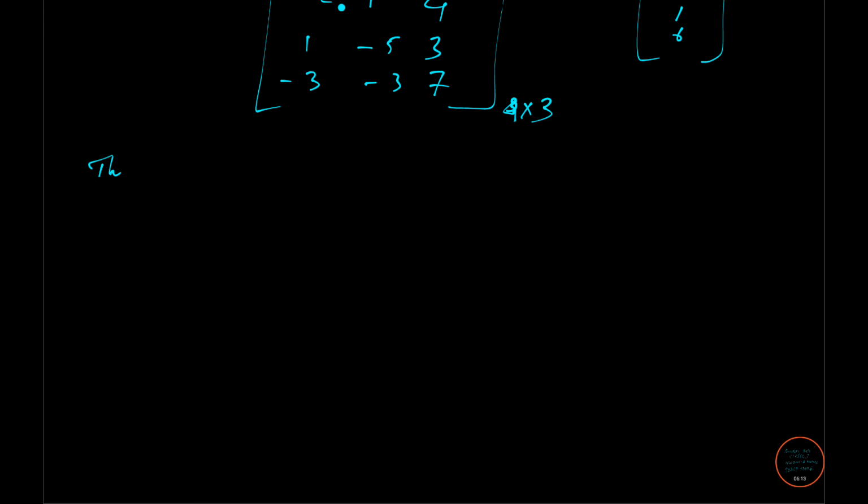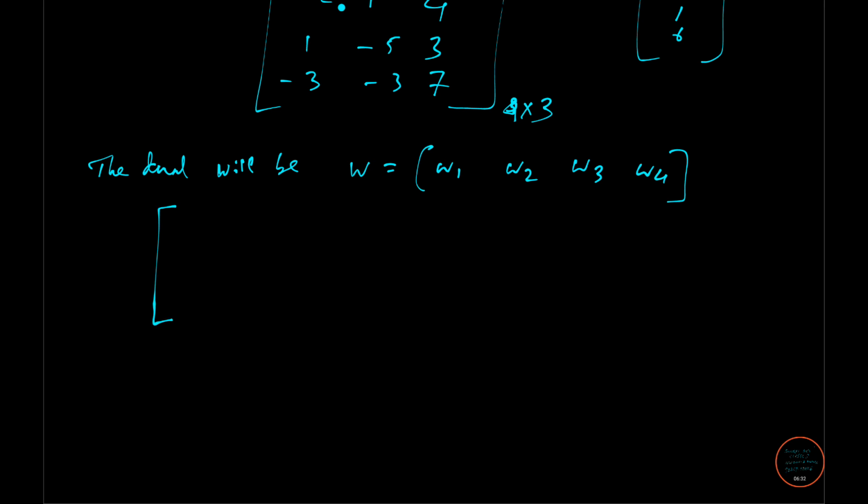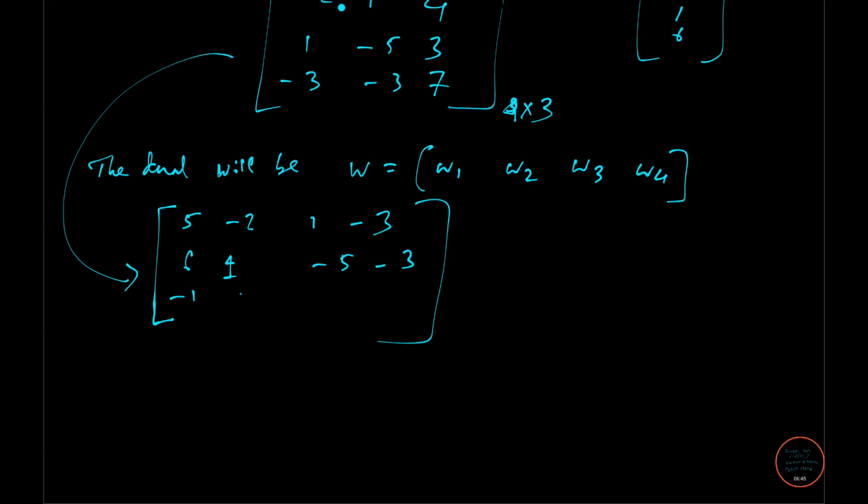So the dual problem will be, let it be W, which is W1, W2, W3. So we are taking it as a row 1 because that is a column, so we are taking the transpose. So here, after changing into this, the matrix will be changed. We are taking the transpose actually. So 6 1 minus 5 minus 3 minus 1 4 3 7. That's it. And this W1 W2 will still be there,